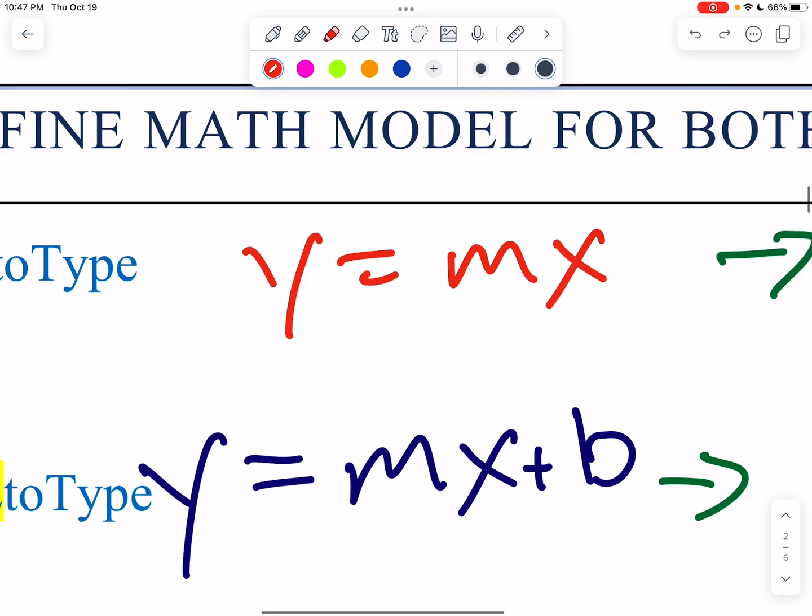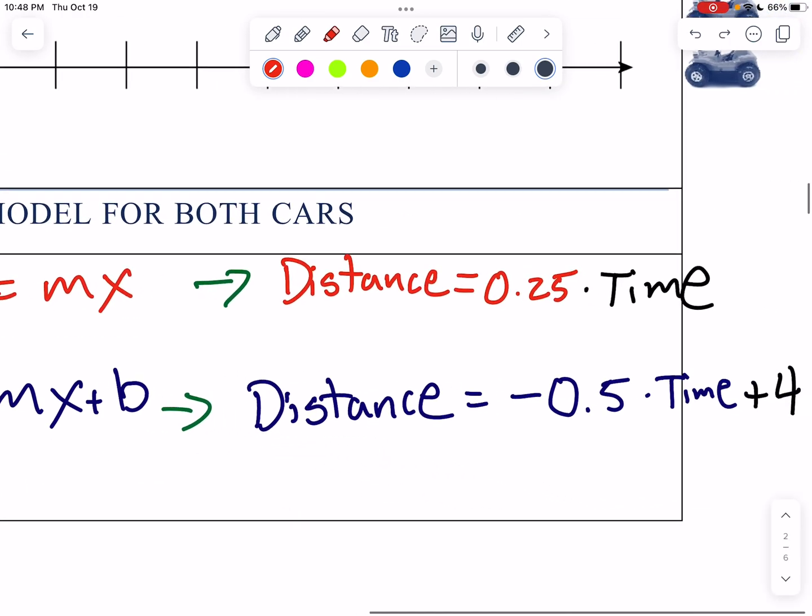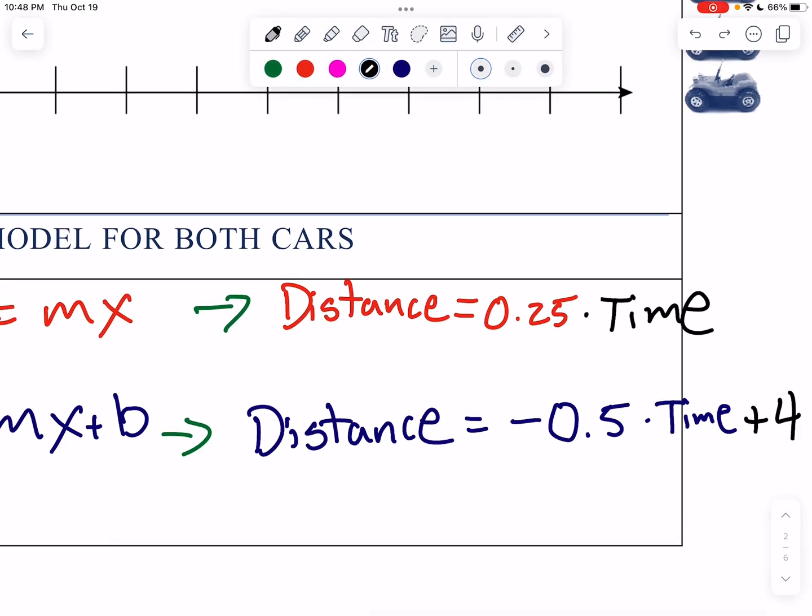So again, if you've taken any math class in the last 3 years, you'll remember that we can expand a linear pattern, a linear formula, to include B, which is going to be our y-intercept, basically where your line starts. In this case, your y-intercept, or B, is going to represent the starting line for one of the cars. You'll notice that we don't have it for one of the cars. That's not because it doesn't exist, but the reality is, for one of the cars, it's starting at 0. So you could write that in just for consistency, but obviously if you're adding 0 to anything, it's not really